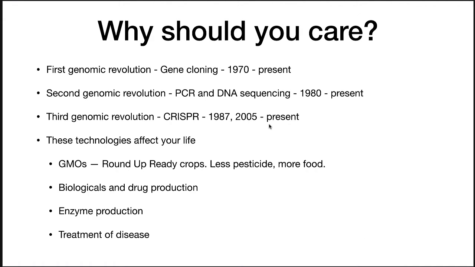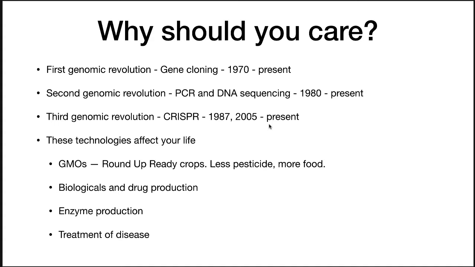First of all, why should you care? Bacterial genetics and genomics has had a profound impact on your life, even if you didn't know it. The first genomic revolution came with the discovery of the central dogma and the realization that we could clone useful genes from any source and make as much DNA and protein as we wanted from them. This resulted in the ability to engineer plasmids and digest them, but it was still a little bit of a clunky and slow process, and it took a lot of work to try and get any gene cloned and expressed to do anything with it.